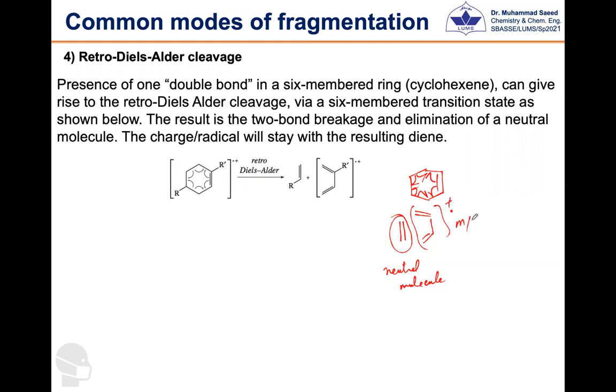So of course this will be the part which will show up in mass spectrometry. अब इसमें भी आप देखें कि 2 bonds are breaking and elimination is taking place. So 2 bond breakage and elimination जिस तरह थर्ड मैकेनिज्म में था, और आपने देखा कि इसके अंदर से न्यूट्रल मॉलिक्यूल एलिमिनेट होता है और रेडिकल जो एनाइन है वो दूसरी स्पीशीज पे मूव करता है।